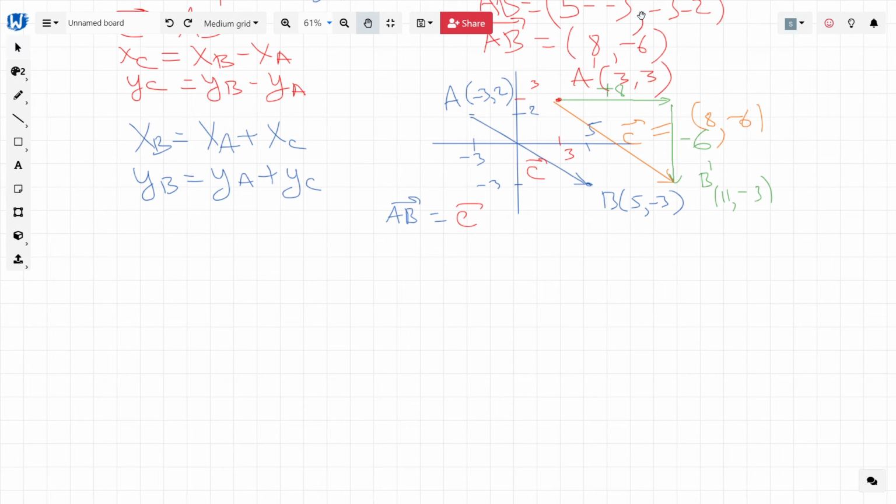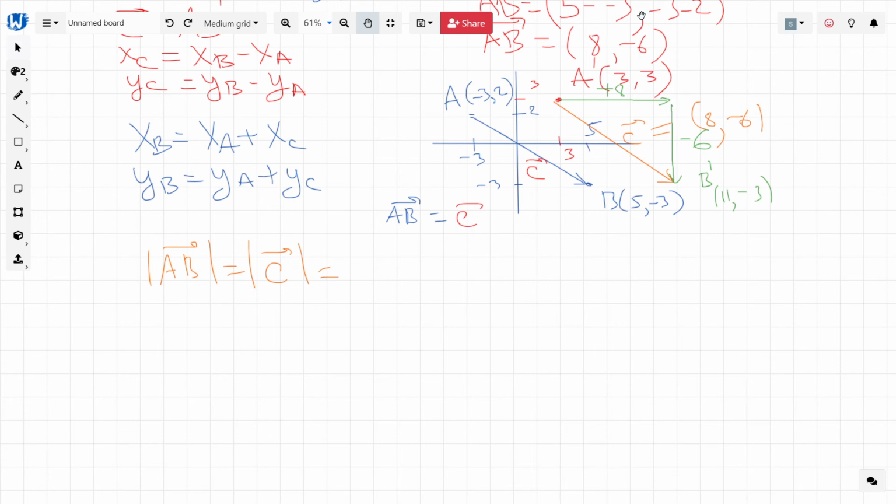It's the same for a vector. If my coordinates are xa, ya and xb, yb, then the length of vector AB, which I'm going to show using the symbols of absolute value of AB,